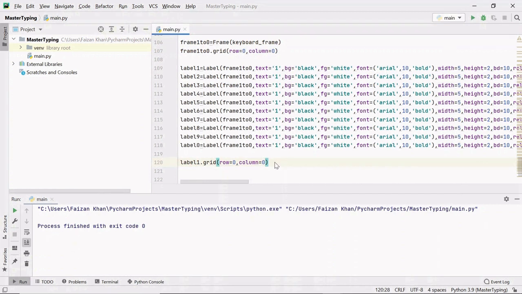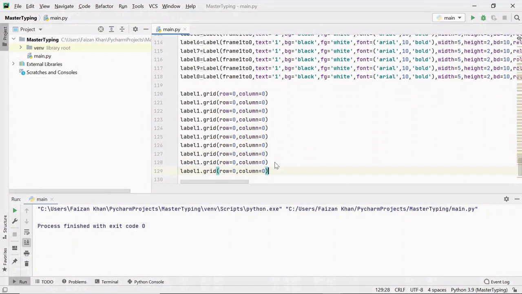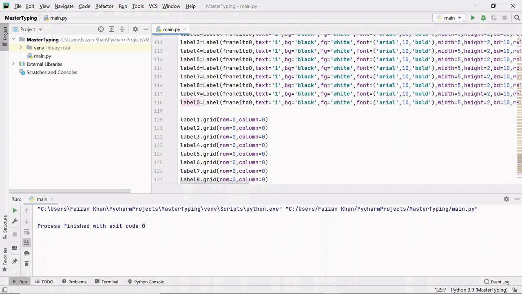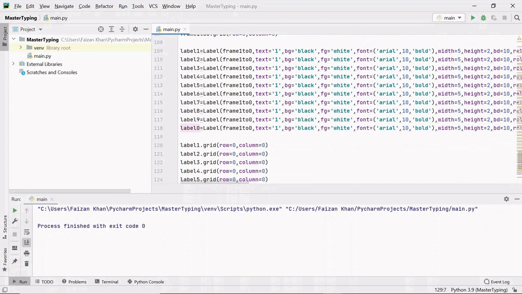So let's copy this line, Ctrl+D for copying the same line, and let's change the variable names. It will be label 2, 3, 4, 5, 6, 7, label 8, label 9, and then label 0. After that let's change the text of these labels.